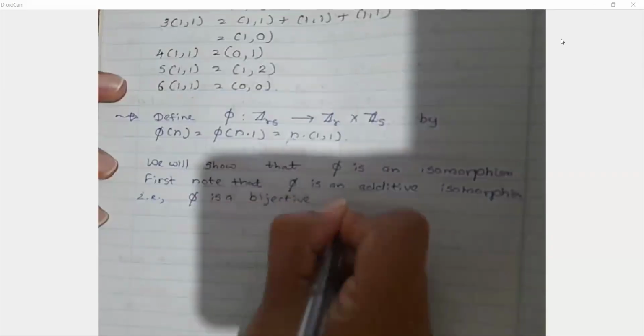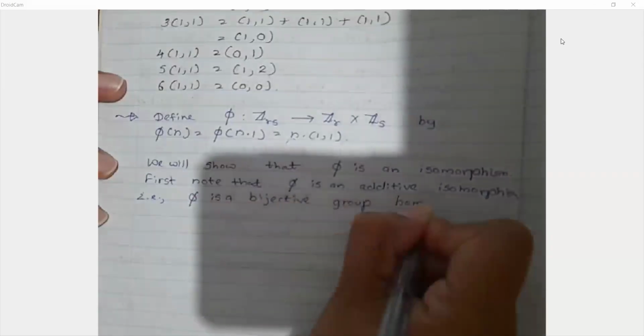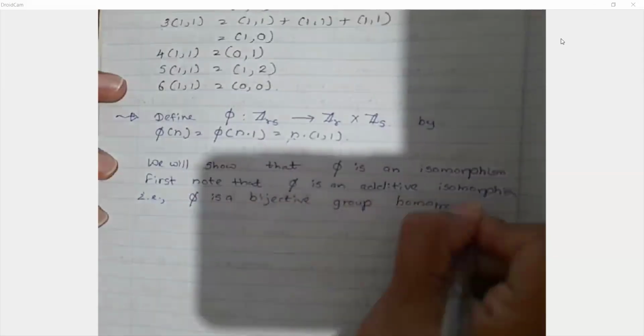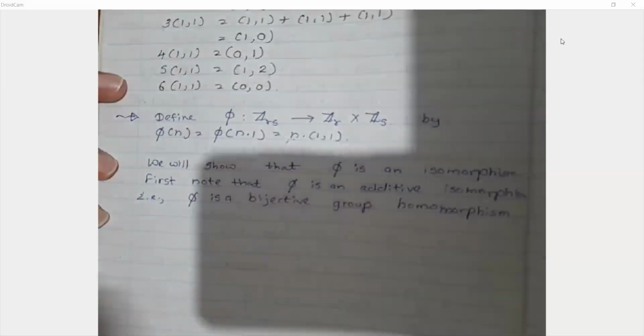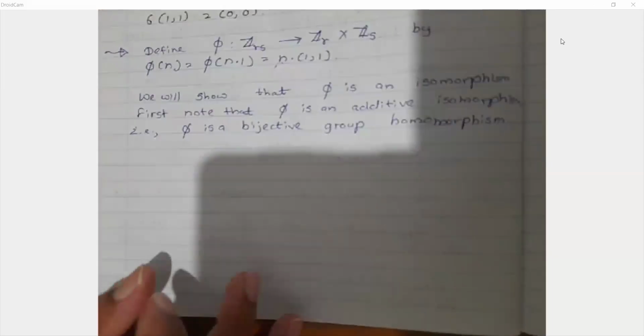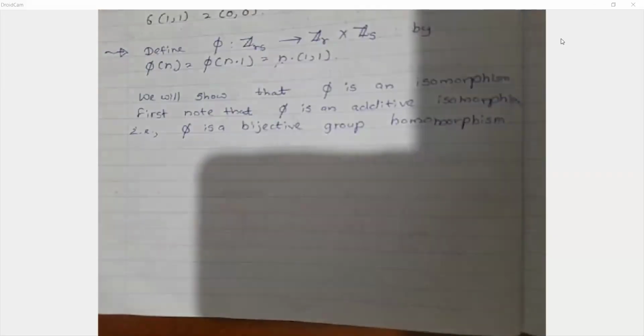What does this mean? It's a bijective group homomorphism. That is, phi is a bijective homomorphism, right? So first we will show that it's a bijection, then we will show that it's a group homomorphism, right? The one-to-one condition holds if we have